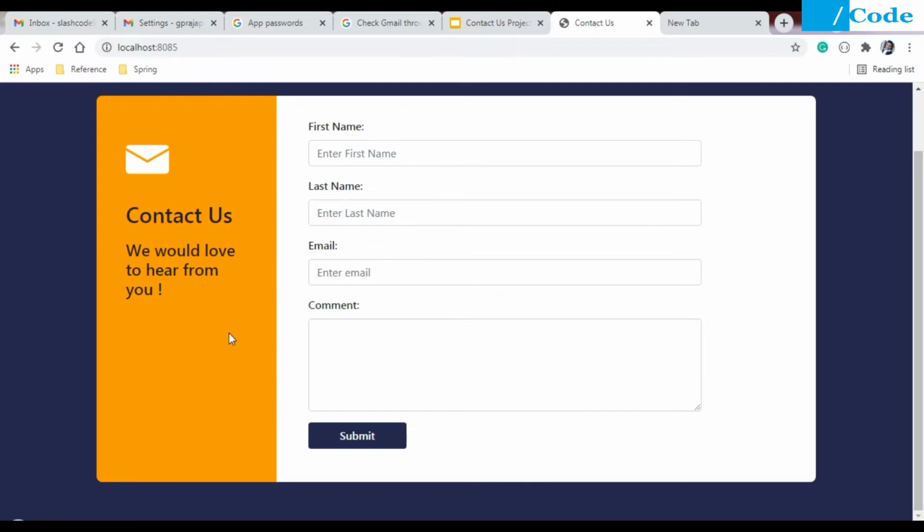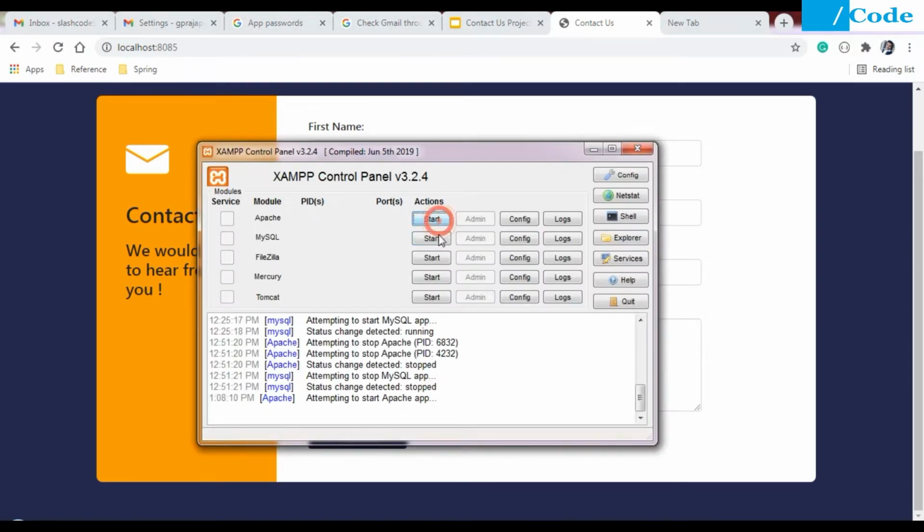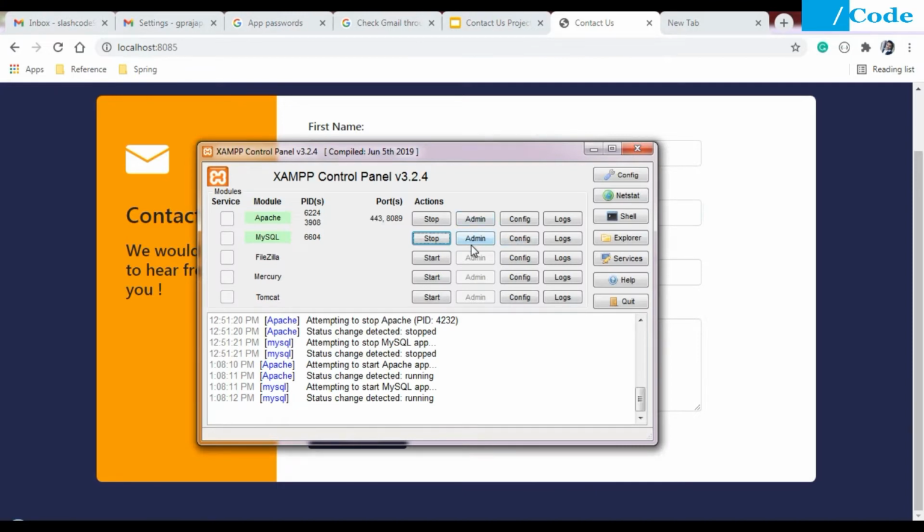And you can see the UI also looks good, so that's the great thing done by them. Whatever the user wants to enter, we first need to save it in the backend, and after that we will send him the request ID which is generated from the backend. So let me start my MySQL and show you the table as well. We will come to the code part also.